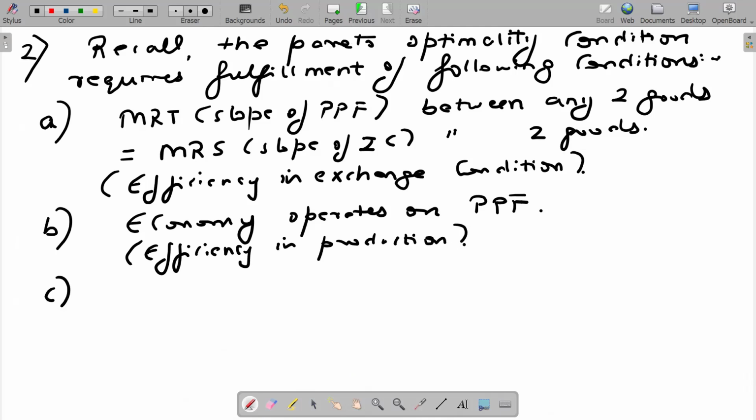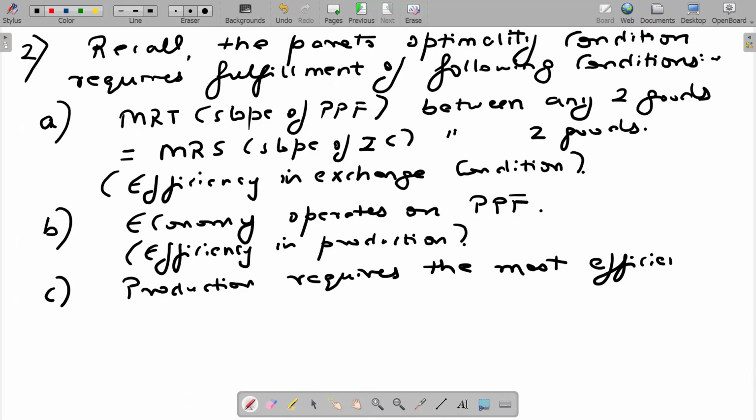And the third condition is that production requires the most efficient technology. This is also a condition for Pareto optimality. Firms should use the most efficient technology, the one which involves the least cost in producing the commodities or the